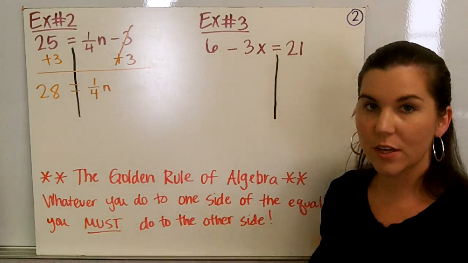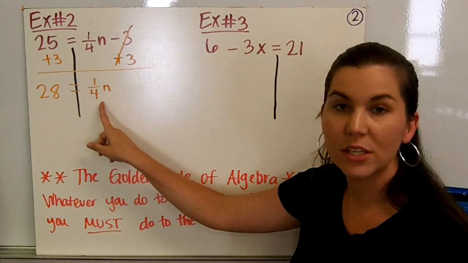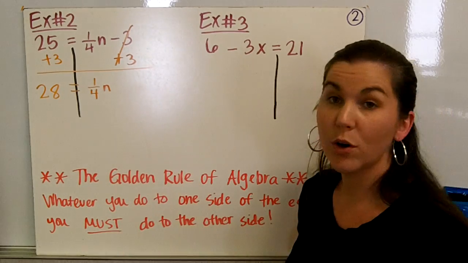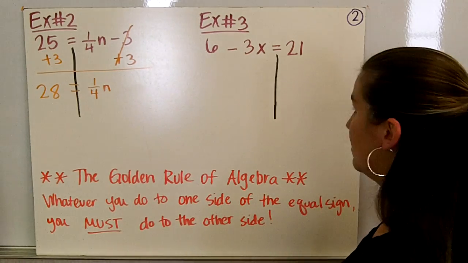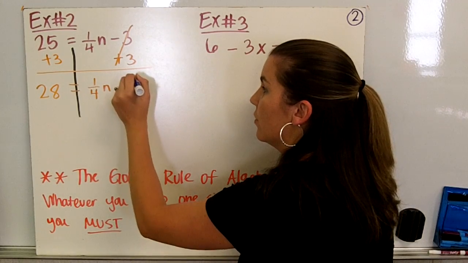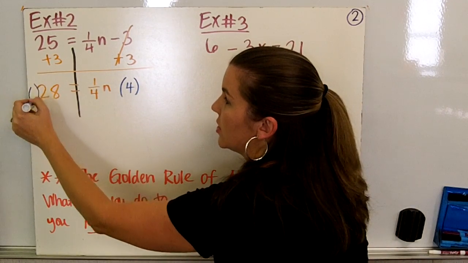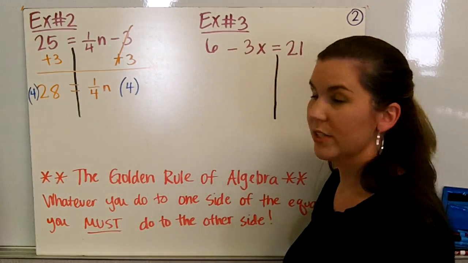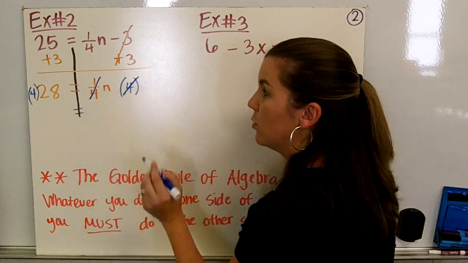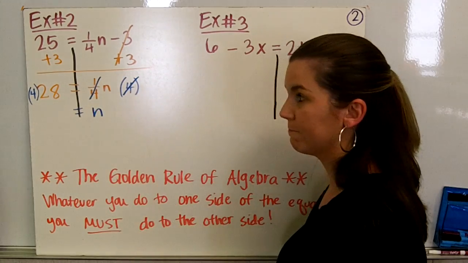And in the previous video that you watched, you learned how to get rid of fractions when they're in front of the variable. So we're going to multiply by the reciprocal. The reciprocal of 1/4 is 4. Remember, if we do it to one side of the equation, we do it to the other side of the equation as well. So 1/4 times 4 is 1n. And